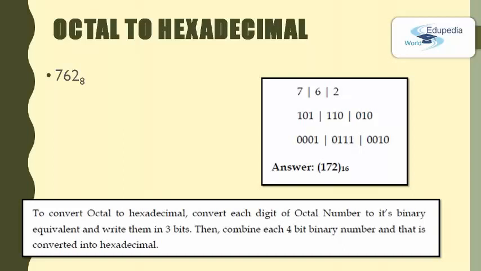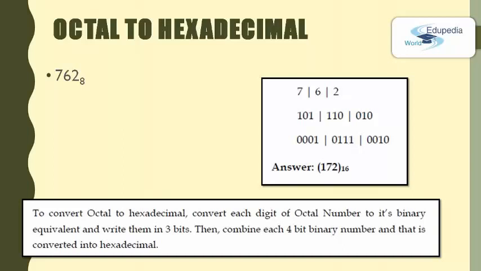And remember, when the converted value is more than 9, it should be presented with the relevant English character. Now take a look at the example. The number 7 is represented by 111, the number 6 is represented by 110, and the number 2 is represented by 010. Now the next step is combining these 3 groups and, starting from the rightmost position, creating groups again